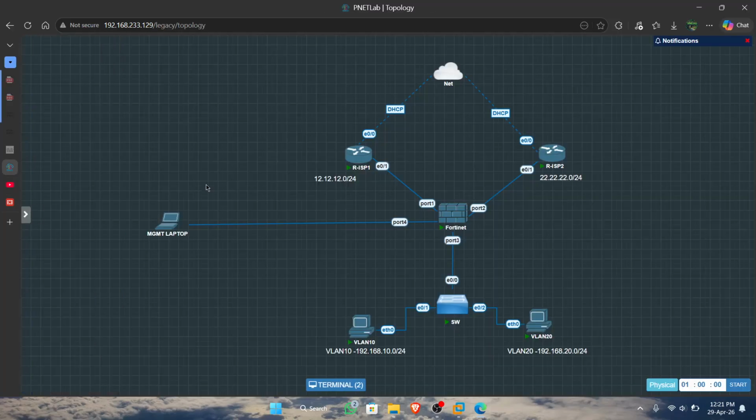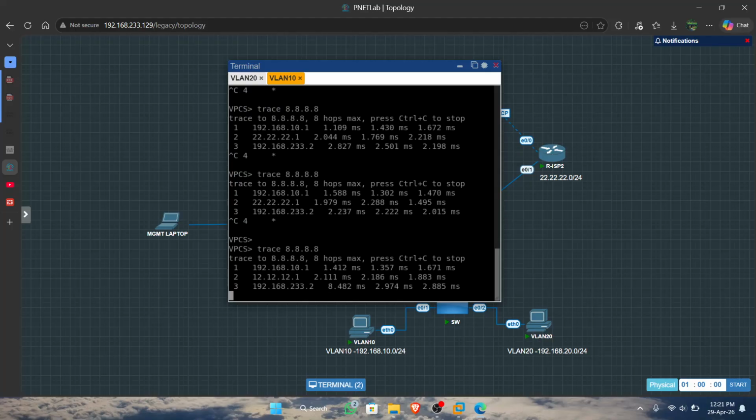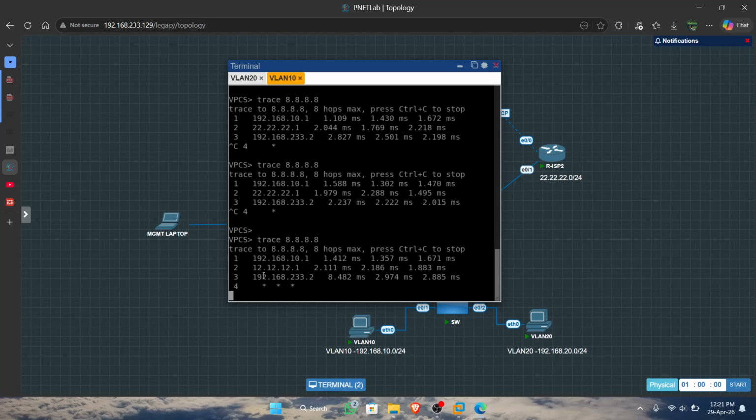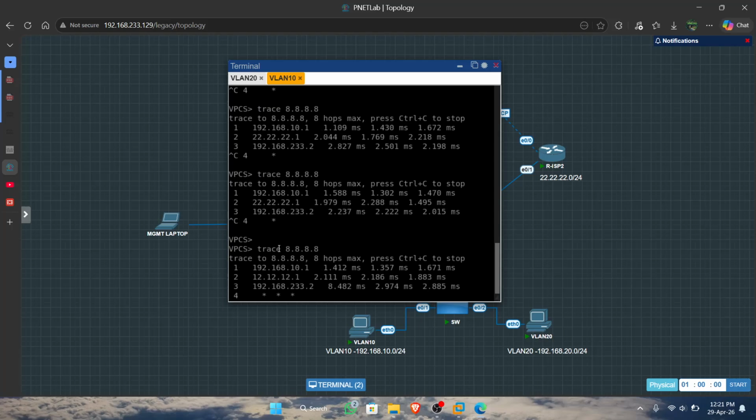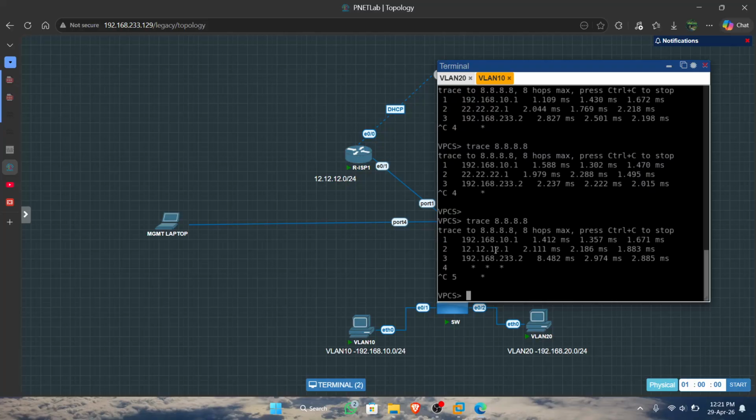You can check VLAN 10 again for the reset. The route changed to ESP1, because the packet loss went lower. You can show this. After the packet loss is lower, the route changed.